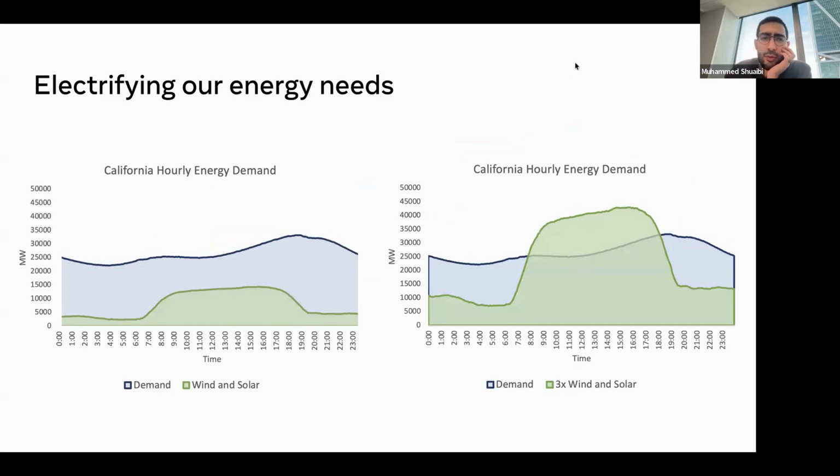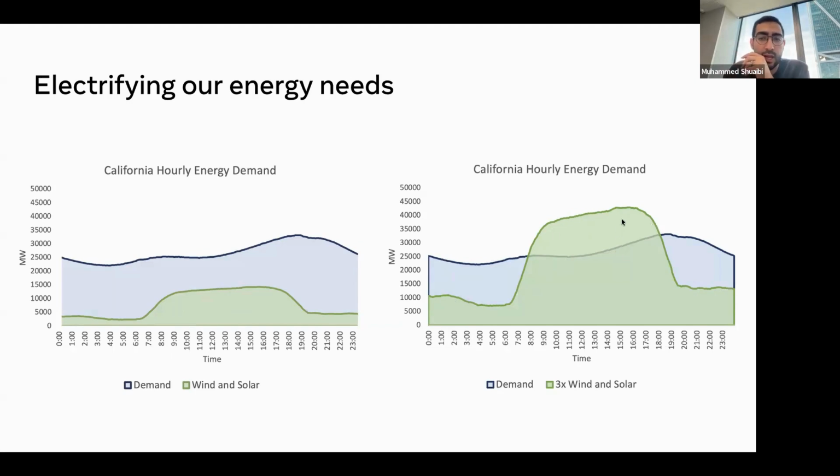And to give you a small taste, we just take a random day in California, and this is looking at the energy demand of California, and this is the current wind and solar supply of California. We can see that, okay, the naive solution is let's just scale everything up. Let's just install a bunch more. What happens is you run into the scenario where you start to have a lot more solar supply than you have demand. So the issue is during this period, for instance, you have high demand, but you don't have enough renewable energy to feed that.